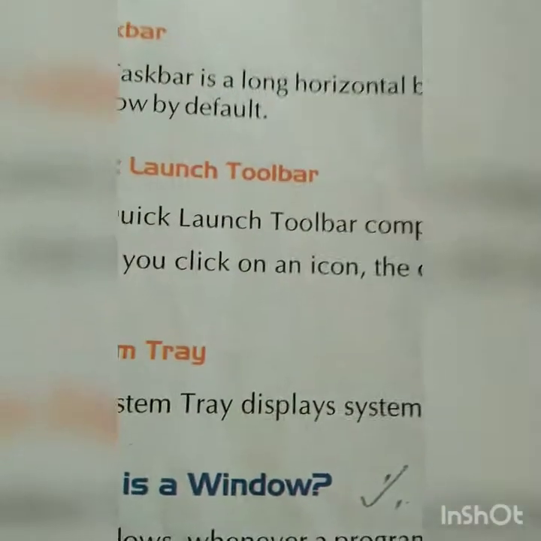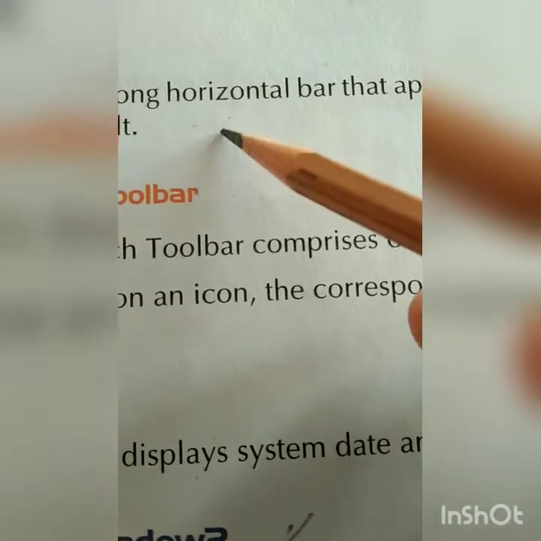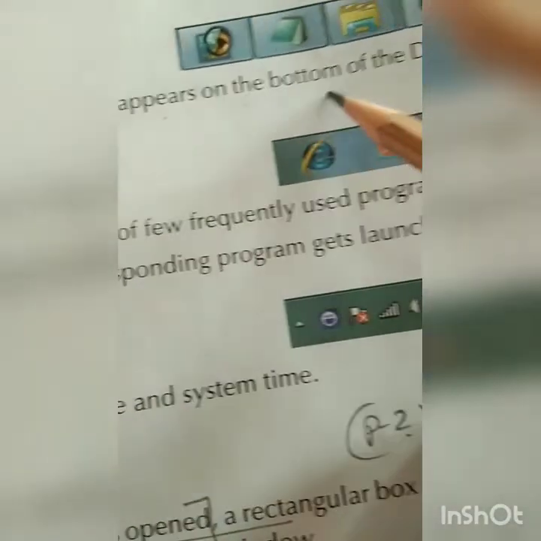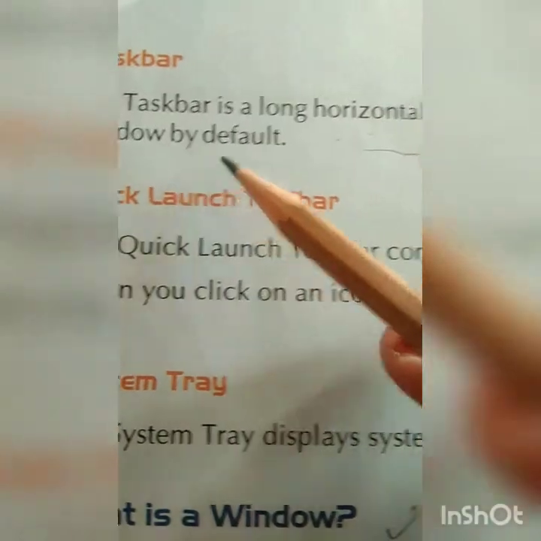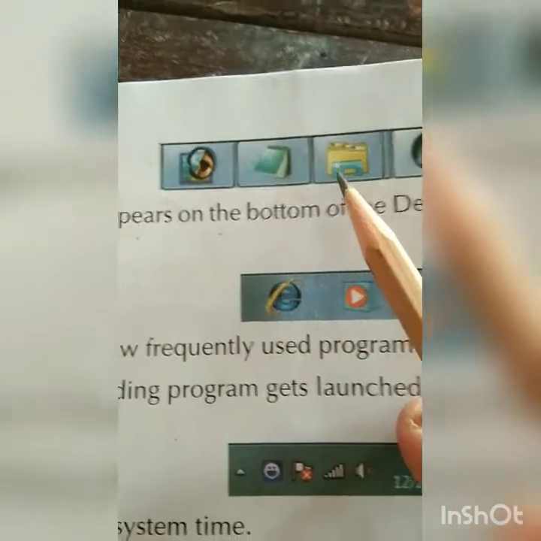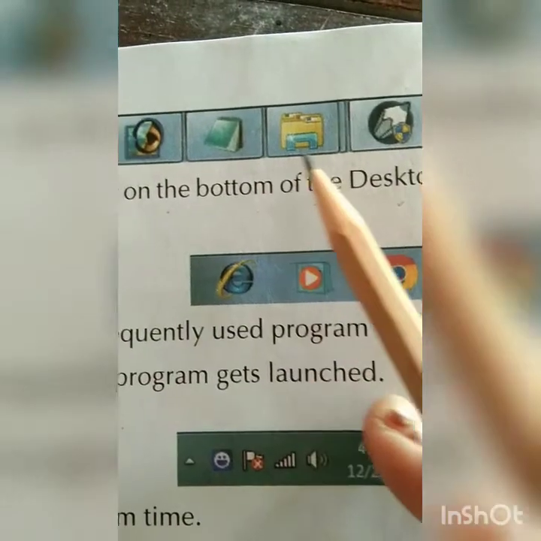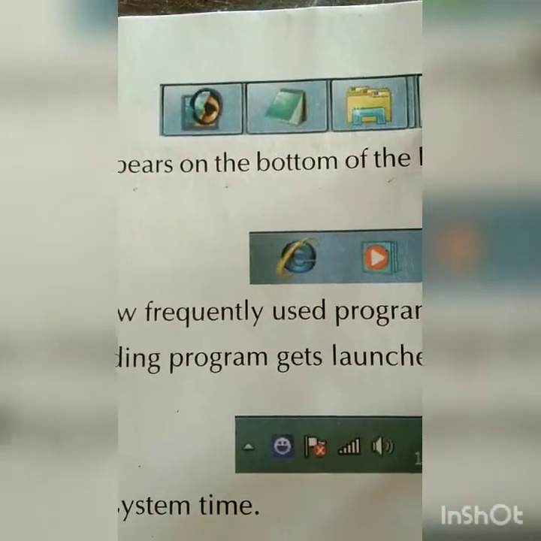On page number 26, the taskbar. The taskbar is a long horizontal bar that appears at the bottom of the desktop window by default. Here you can see which programs you have opened, shown as short icons on the taskbar.